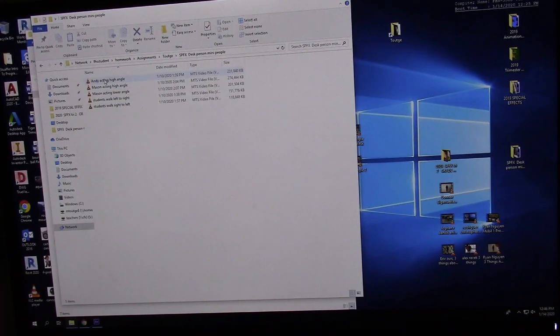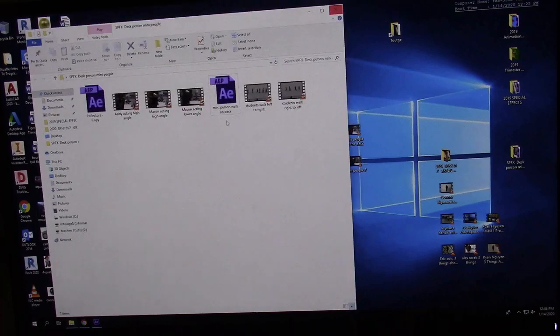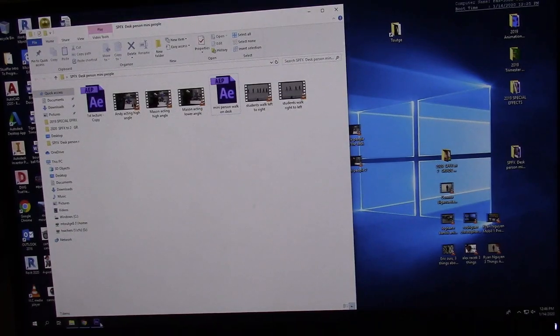When you double click on that, it's got all of the background plates, and then it's also got the snow shots where the students are walking in the snow. It's called Students Walk Left to Right, Students Walk Right to Left. And then we've got one shot of Andy and 2 shots of Mason, and I'll show you the difference between those two. So we're going to go back into After Effects,